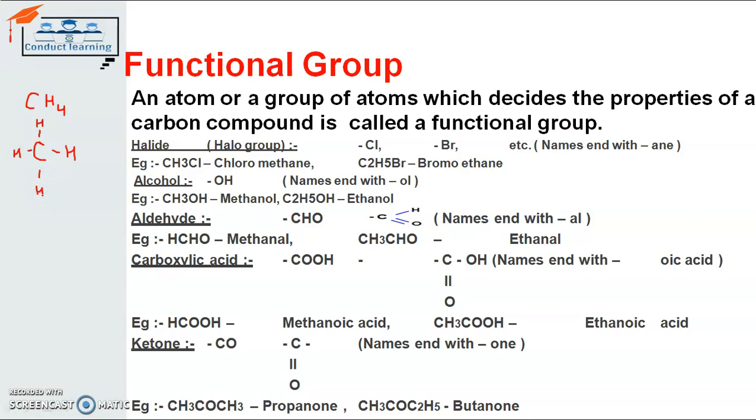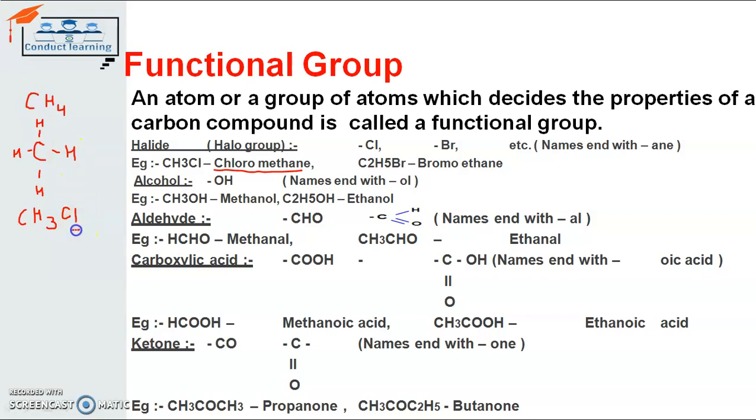But when the halo group or functional group is added to that already existing carbon compound methane, its chemical properties will change. And how its chemical formula and chemical name will change, let's see. In chloromethane, whose formula is CH3Cl, in the already existing methane containing 4 hydrogen atoms, one of the hydrogen atoms will be replaced